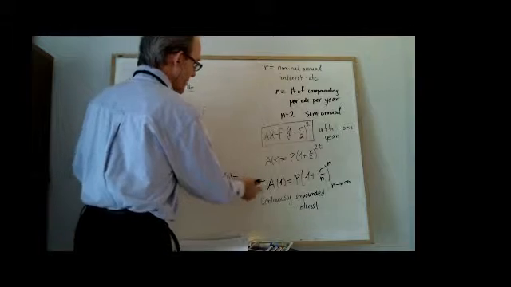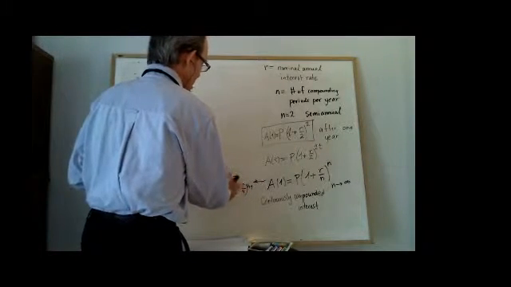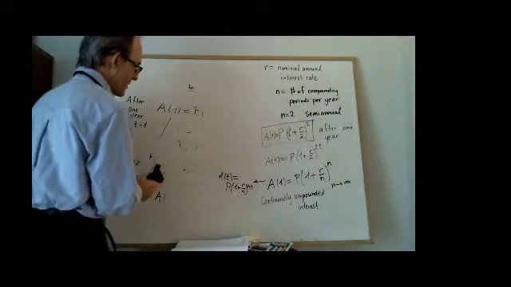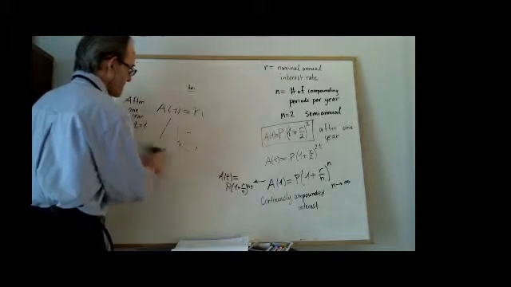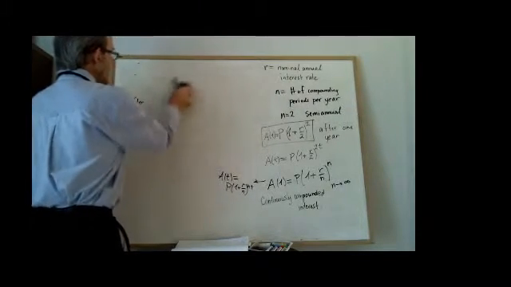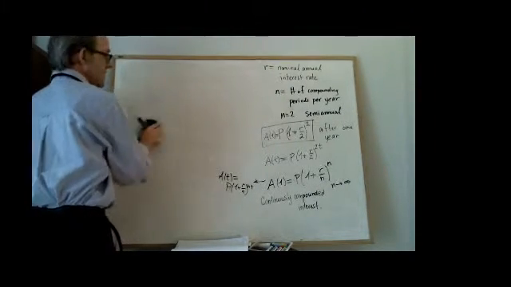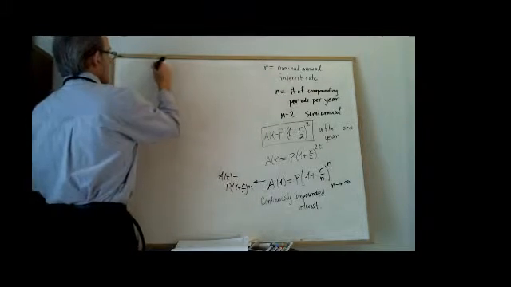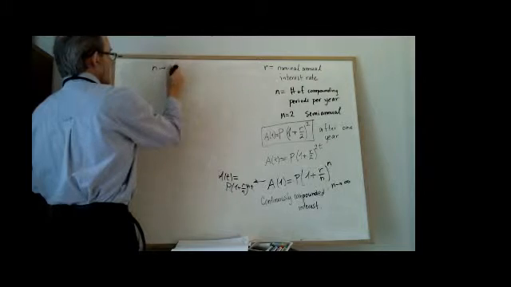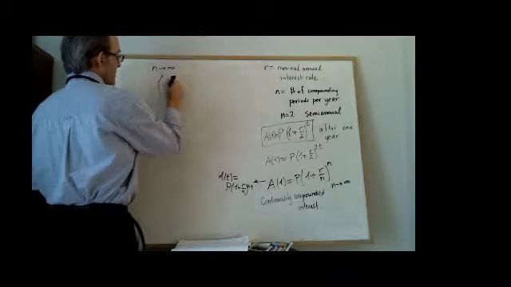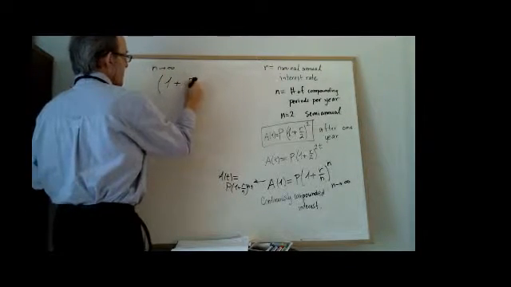You just take the whole factor raised to the power t, and so it just gets multiplied in the exponent there. So continuously compounded interest, then, is you let n go to infinity. Now, the way to get the formula is,